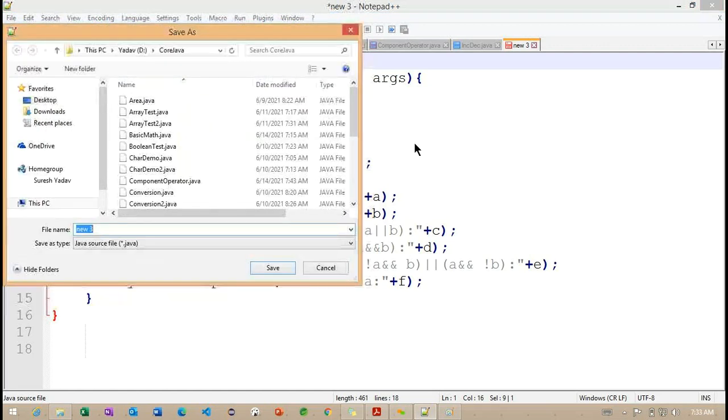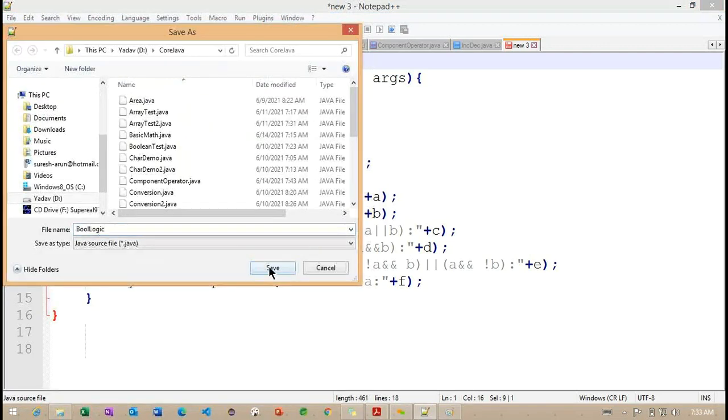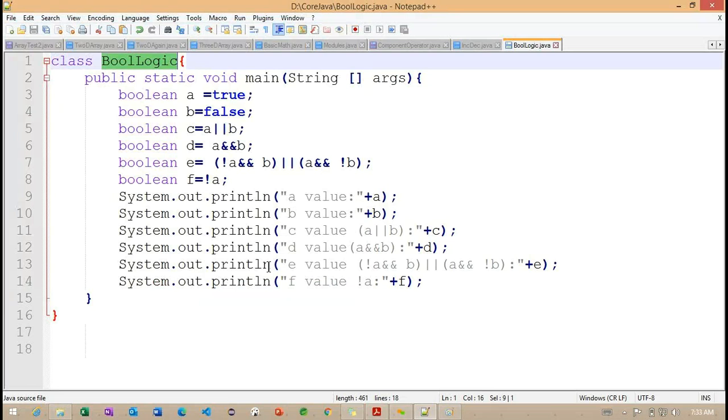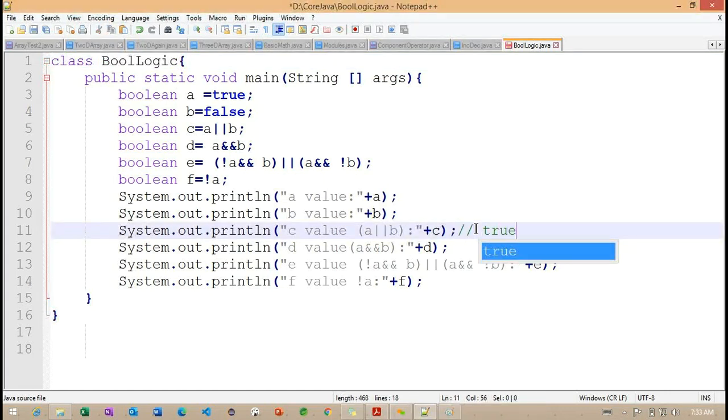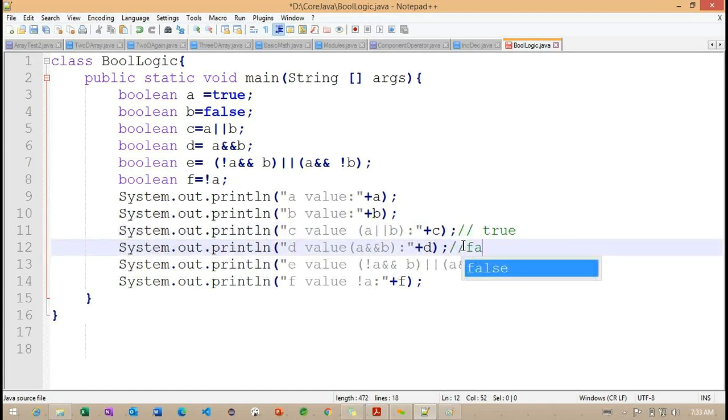Based on these expressions, we'll check each and every value. E is true, F is false. We'll observe. One person provided the C value as true. Let me write. And the D value false.